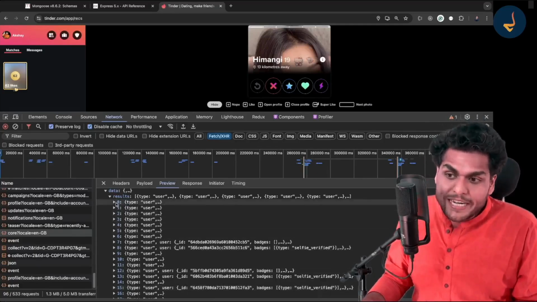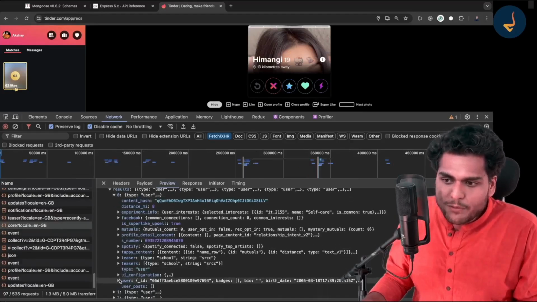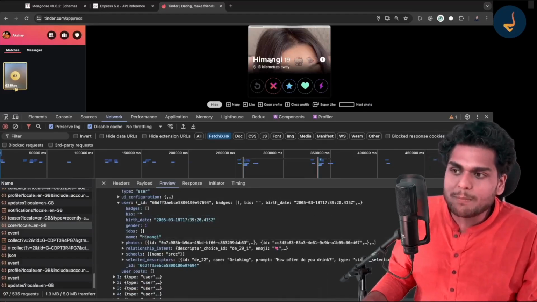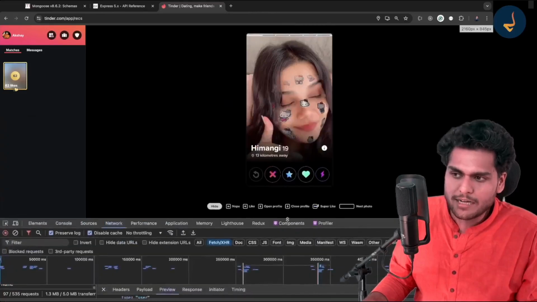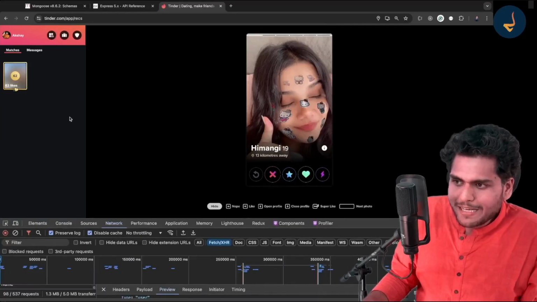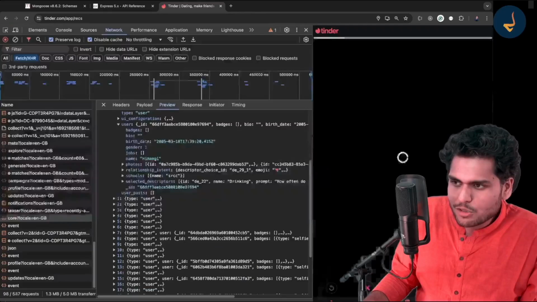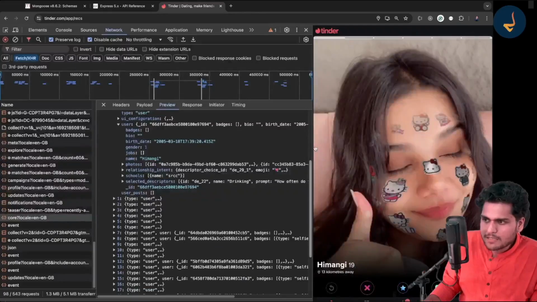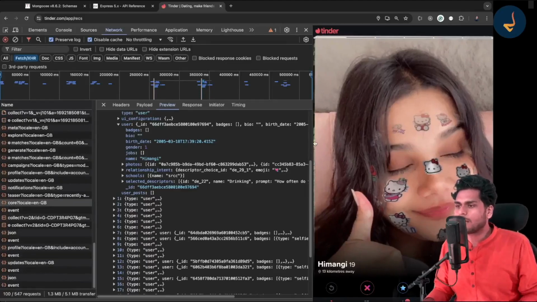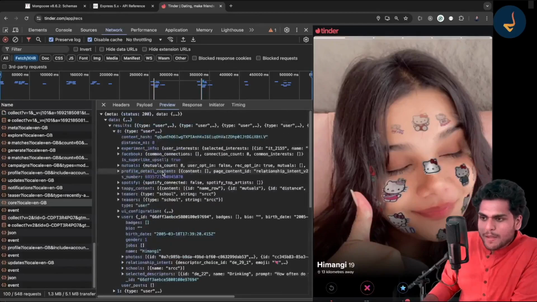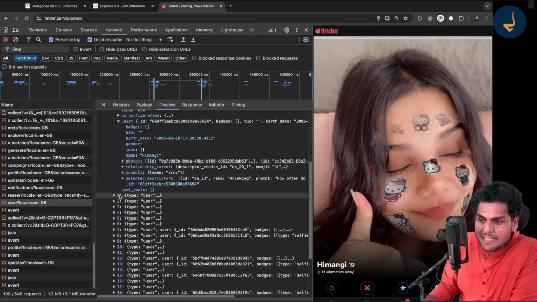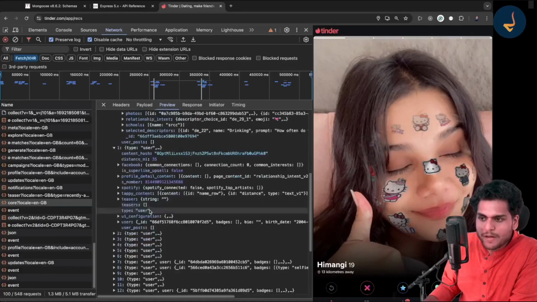And out of these 28, see, the first user over here, if you go and check, the first user is Himangi. This is the same Himangi whose card you are seeing over here, right? This is Himangi's profile. Now, let me just make it on the left side or right side so that I can show you properly. Okay, let us keep it like this, right? Cool. Now I am able to see the mobile view of this profile, okay? So now, see, this is Himangi's profile. And the next profile over here is of